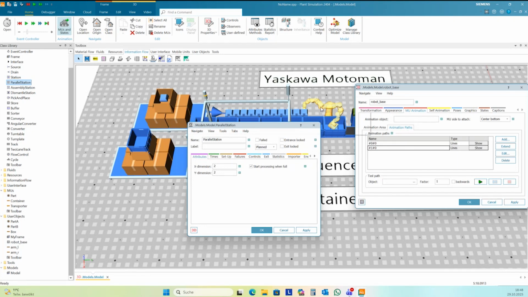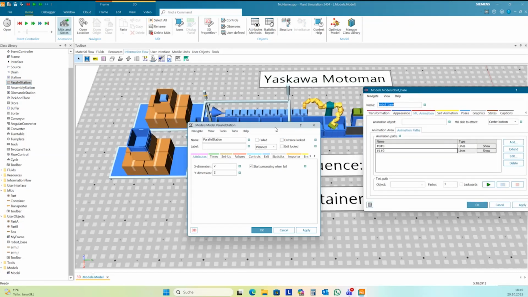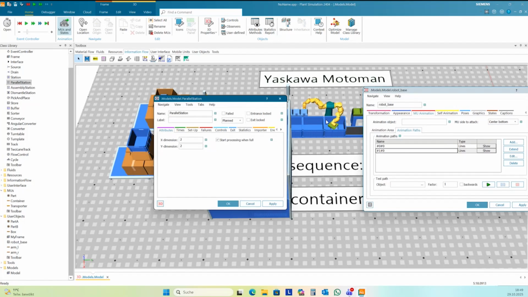You can also move single joints here, but normally we don't model the robots in this detail level like Process Simulate. You cannot compare this. It's a completely different level of abstraction. You can compare this with Process Simulate at the level of compound operations.